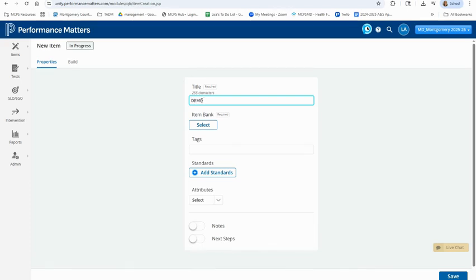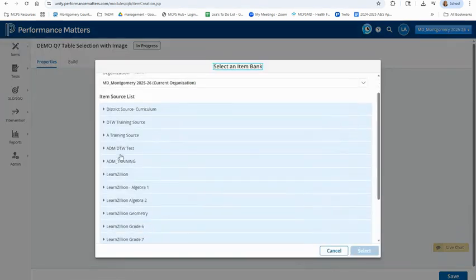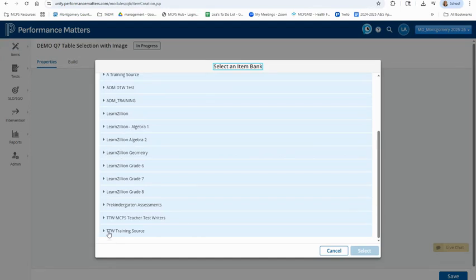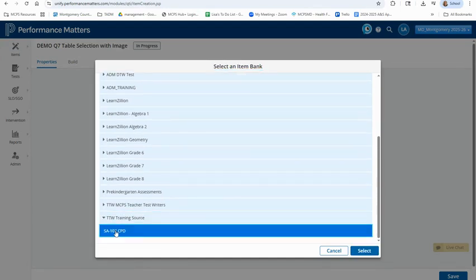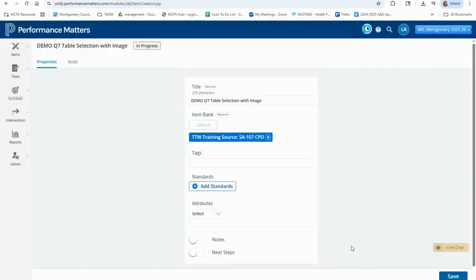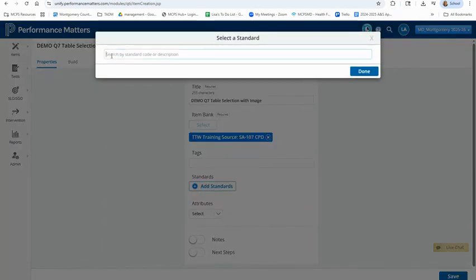Demo, Q7, Table Selection with Image. Next, we will select the item bank. We will use TTW Training Source and the SA 107 CPD bank. Then click on Select. Let's add in the standard for the item,